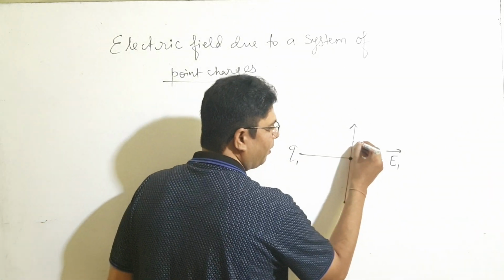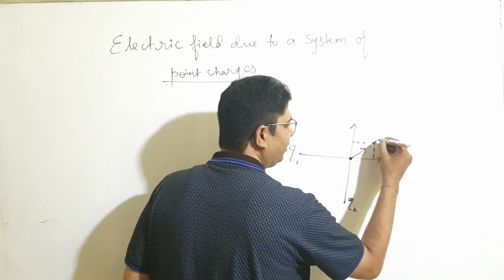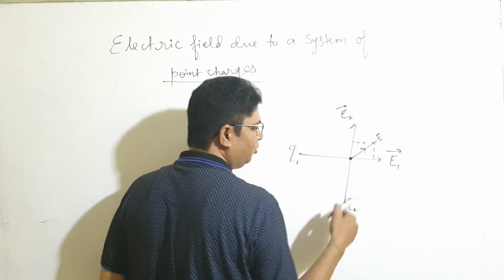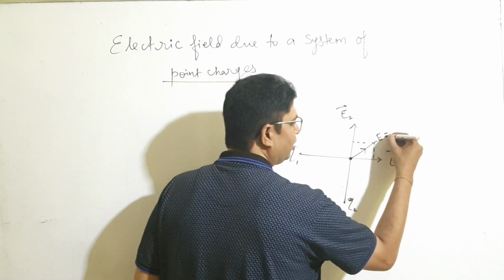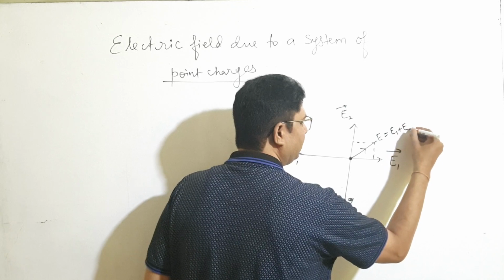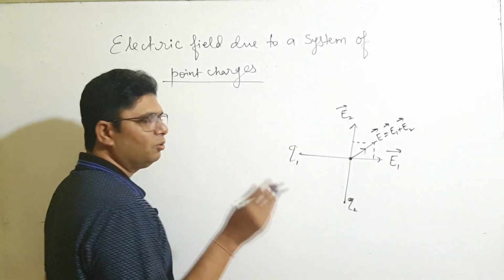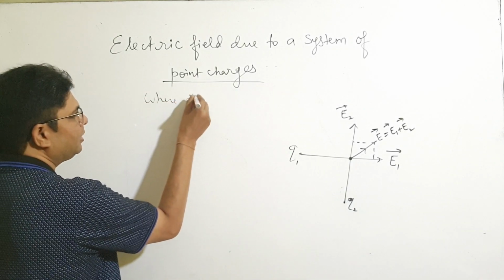So let us draw a parallelogram. Join this diagonal. This is said to be resultant E. So this is electric field E2 due to Q2 charge. This is electric field E1 due to Q1 charge. So E equals E1 plus E2. This is said to be the resultant electric field. Thus, when there are two charges, then